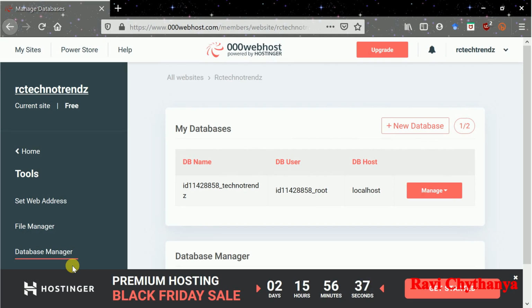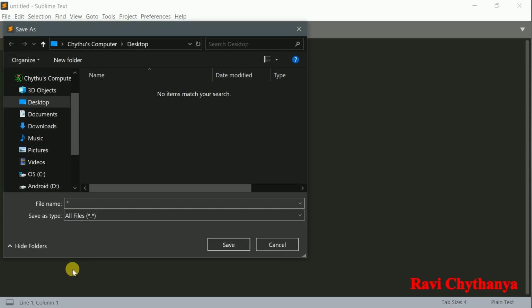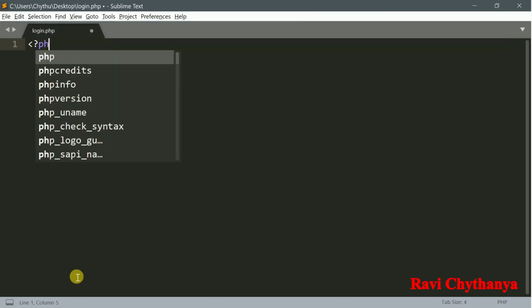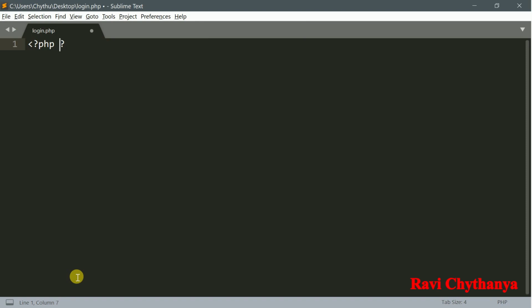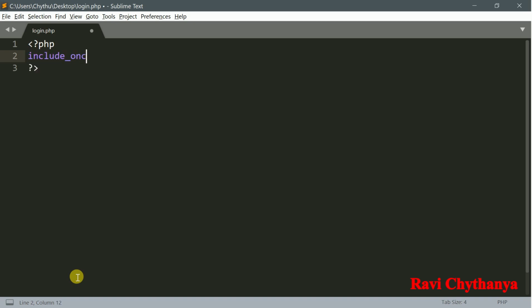For that purpose I am going to open an editor. I'm using Sublime Text Editor here. So create a new file and save it on the desktop as login.php. And my PHP code will start with the tag <?php. And here I am going to have include_once